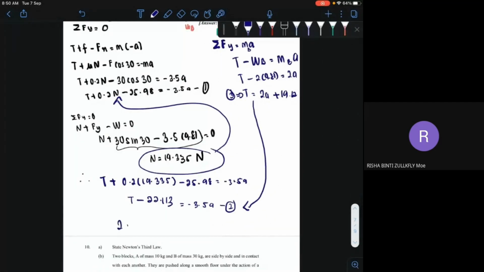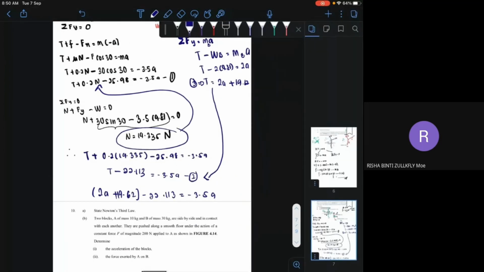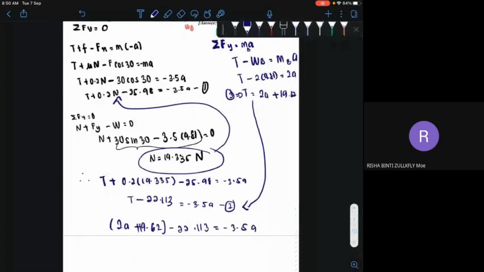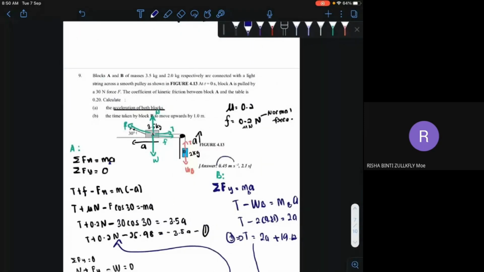So becomes 2A plus 19.62 minus 22.113 is equal to negative 3.5A. Dan awak boleh dapat apa punya acceleration. Dah dapat acceleration 0.45. Dia minta time taken by the block